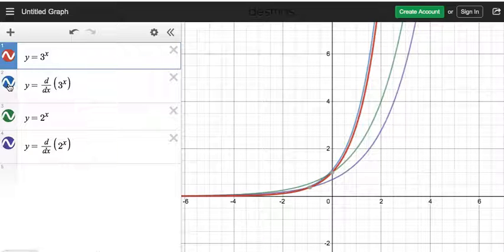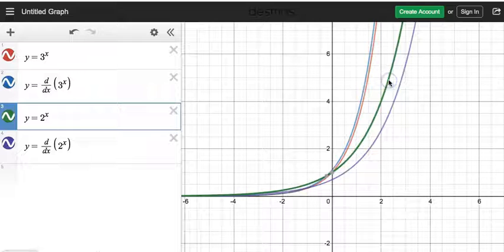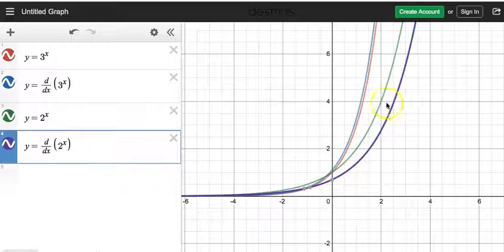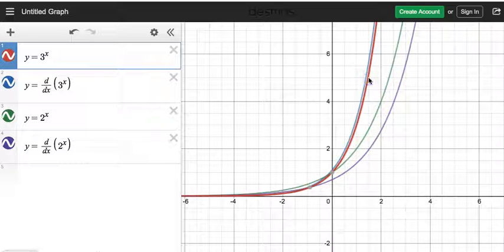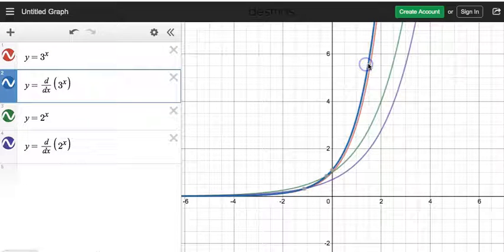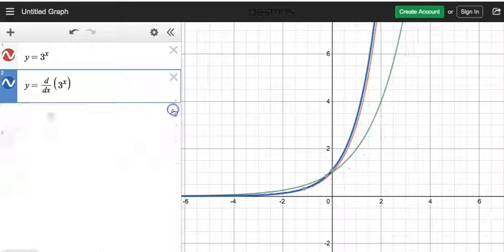Do you think now that there is going to be a number between 2 and 3 where the derivative sits exactly on top of the curve? Do you get what I'm trying to show you here? So if I look at the green curve, its derivative is below it. So the derivative for 2 to the power of x is just below it. The red curve is 3 to the power of x. Its derivative function is the blue one. It's sitting above it. There is one number where the derivative function sits exactly on top of the function. Okay? And that function is